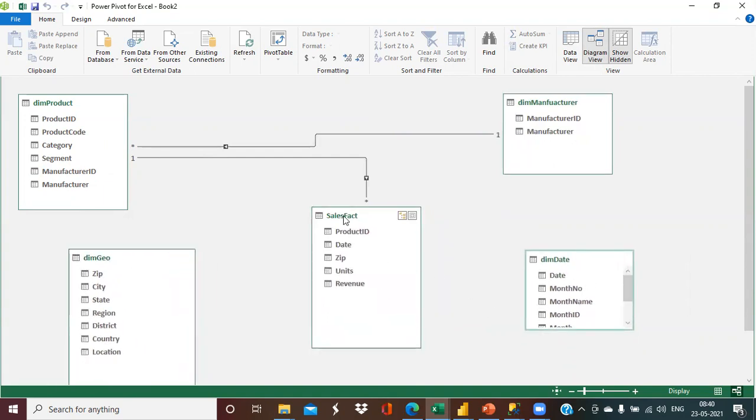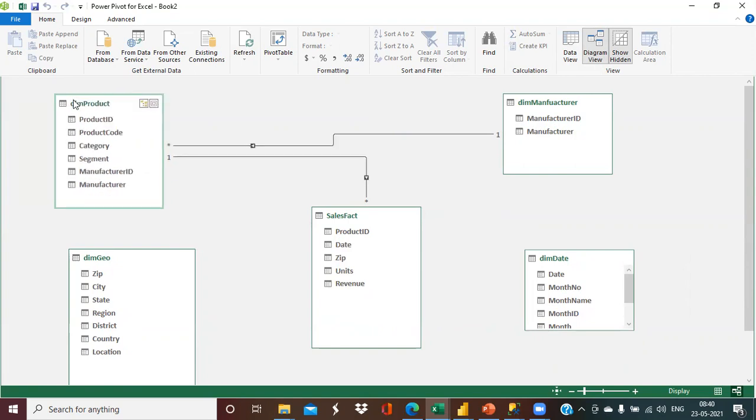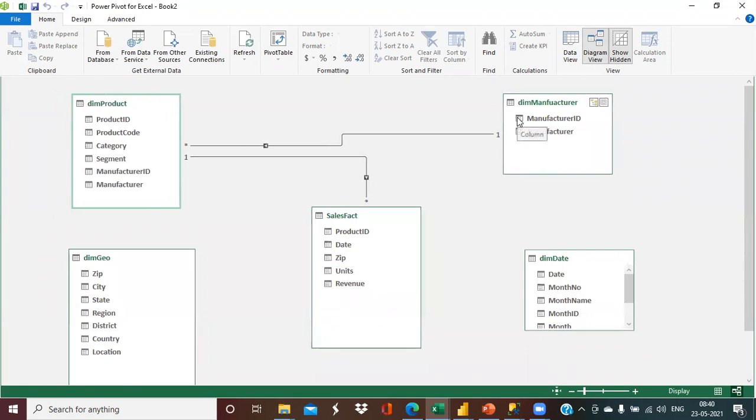The point was we cannot have a direct relationship between the sales fact table and the manufacturer table because we don't have a manufacturer ID column existing here. So we are using the product table as an associated table. This is called an associative relationship, where we have the product table working as an intermediate table between the manufacturer and the sales fact table.